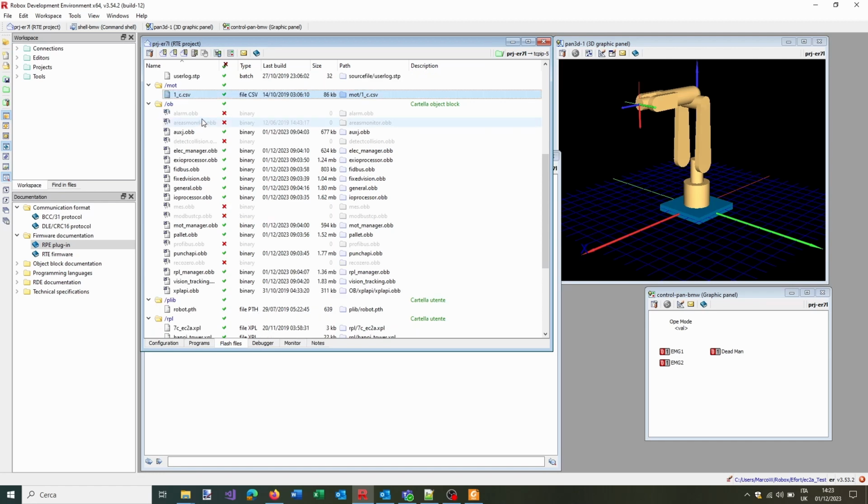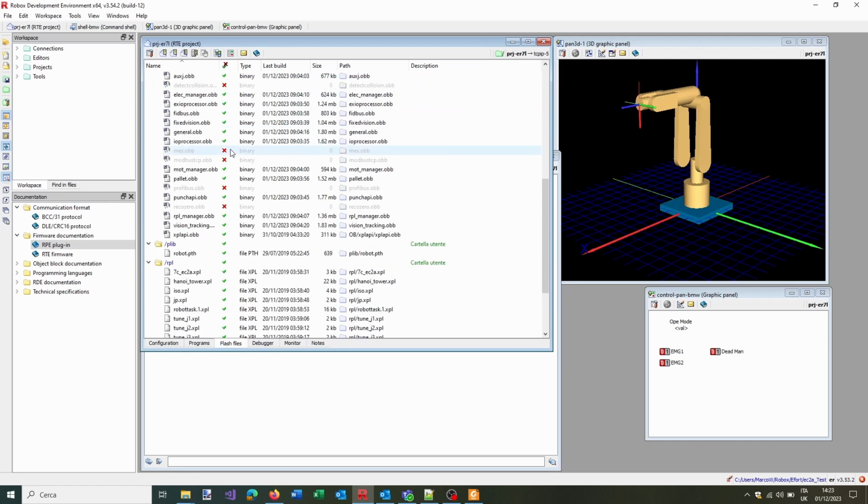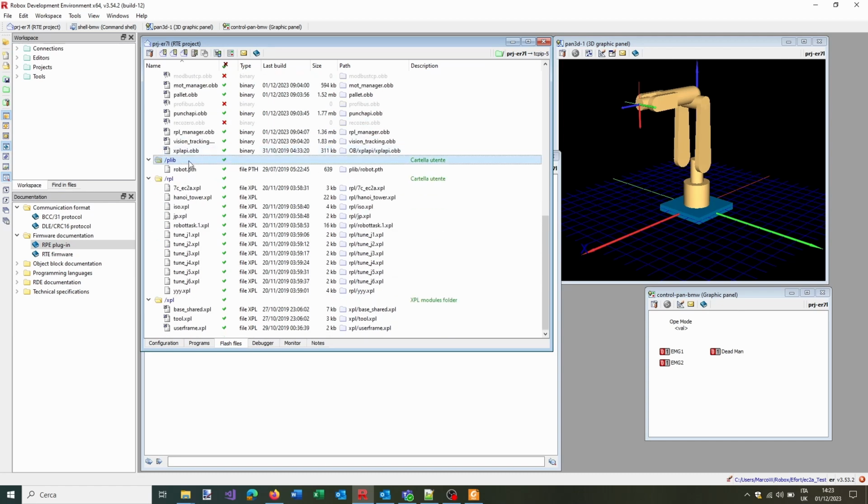Maybe it's not something you would need so much. And so it's not necessary, these two are not compulsory. But here we have the point library, the plib, and here we have, let's say, mainly the XPL folder, that is the one defined in the settings here. And in fact, you can see here we will have 3 system files, so they have the white icon together with the blue square. And finally, inside the RPL folder, you will find the RPL files you already programmed,